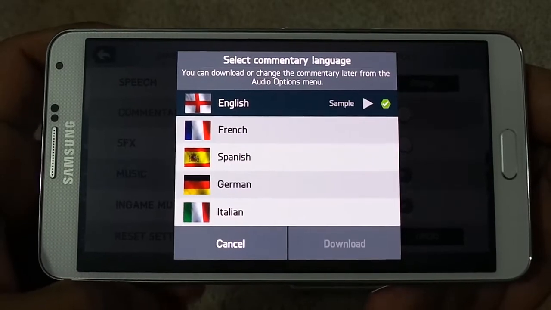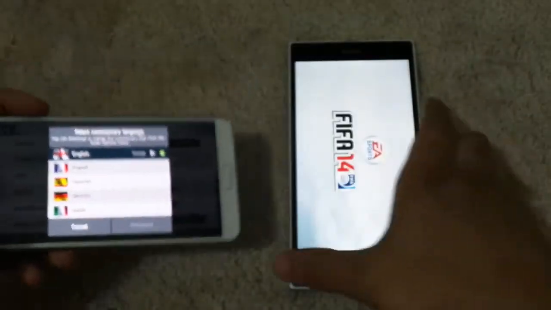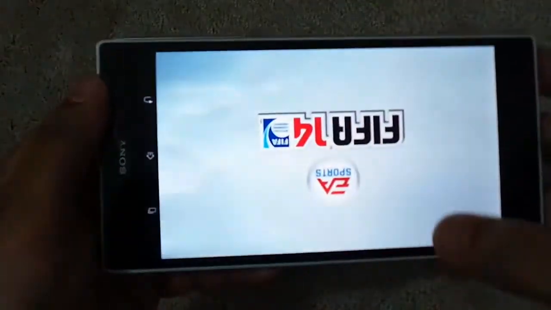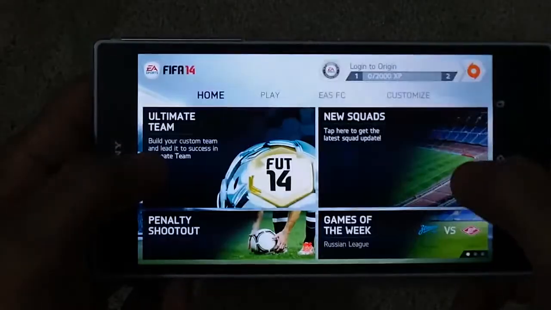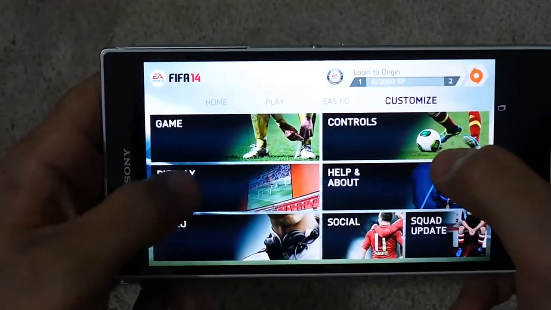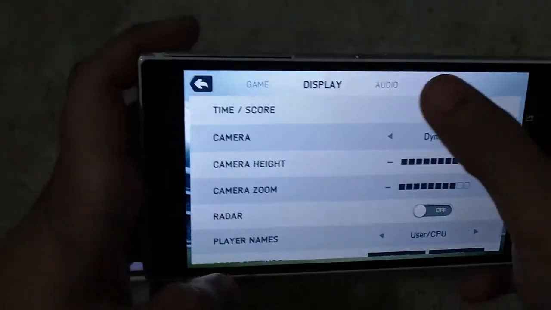So the speaker is looking really loud on Note 3. Now we are going to pop up the volume